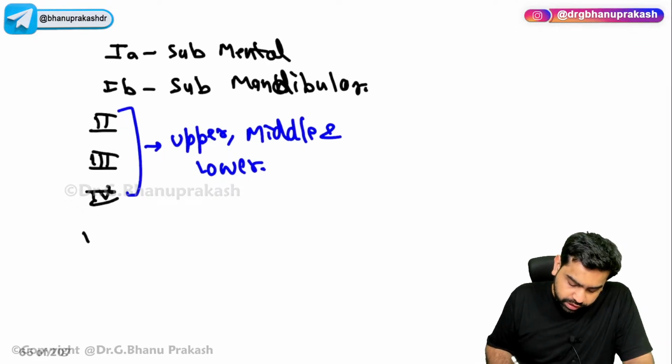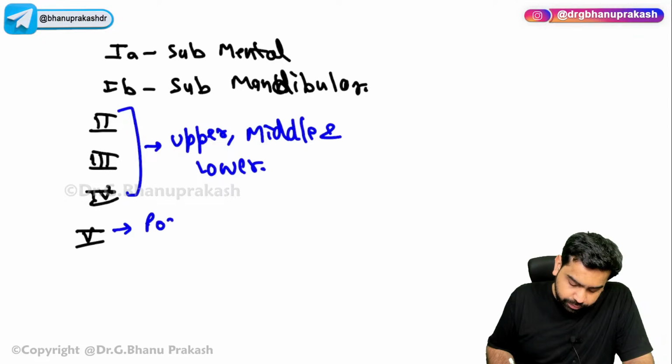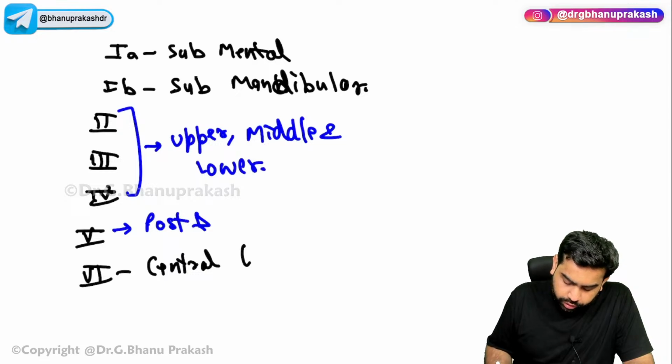Station 5 is the posterior triangle lymph nodes. Station 6 is the central group of lymph nodes, and station 7